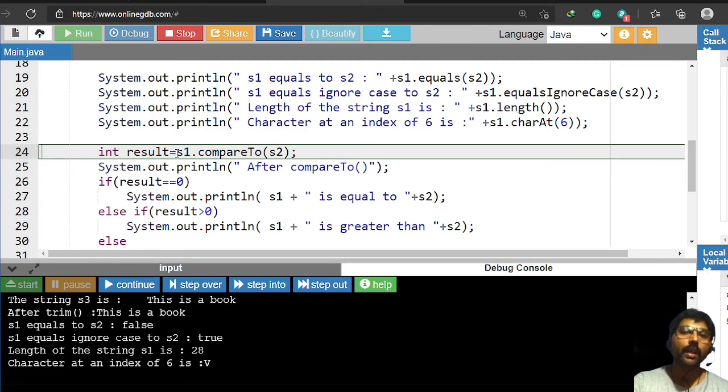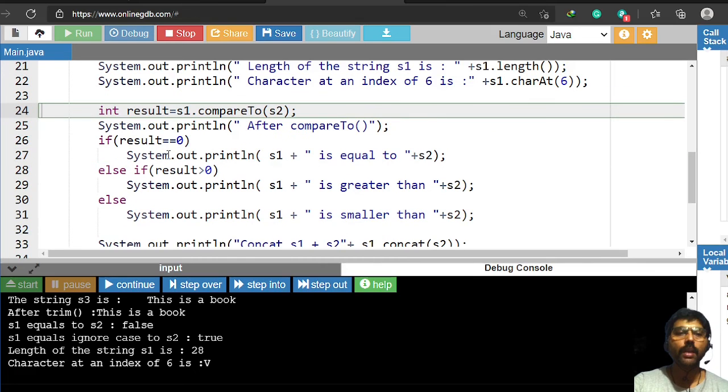Uppercase characters are smaller than lowercase characters. So S1 is smaller here and S2 is larger. It will check one by one. The result equals means both are the same. Result greater means S1 is greater. Result smaller, that means the else part, that means S1 is smaller.